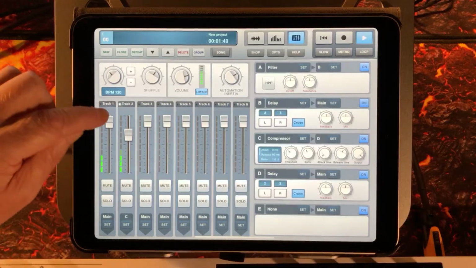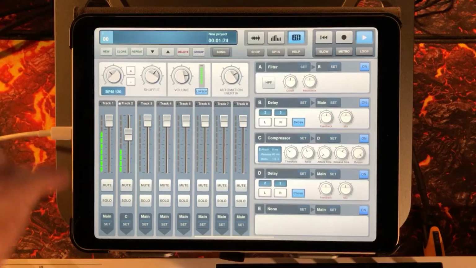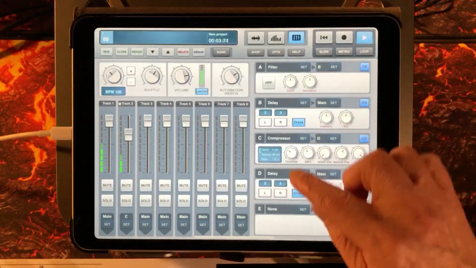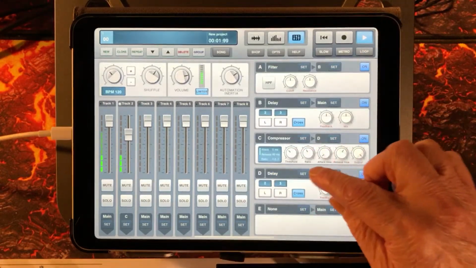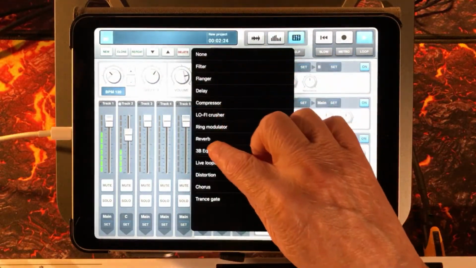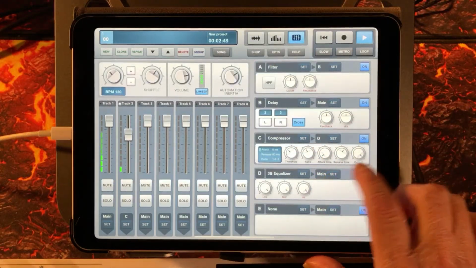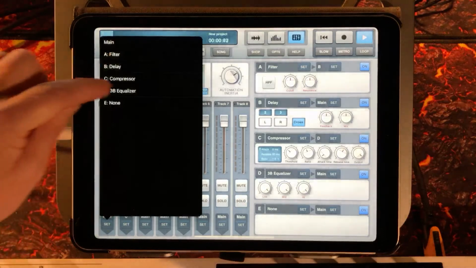But yes, it came out in 2010. I'm going to put an EQ on this kit as well. So first in number D here, I'll choose, there's me EQ. And let's see, I'll set this to